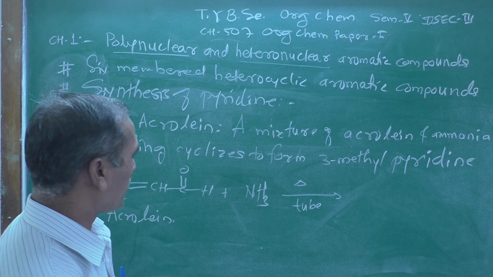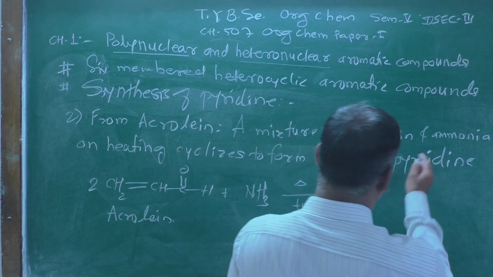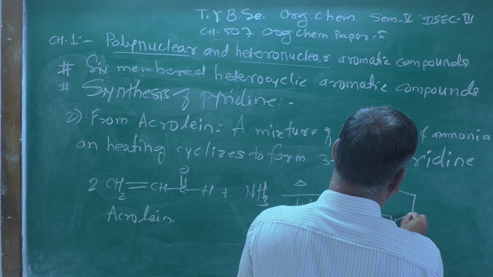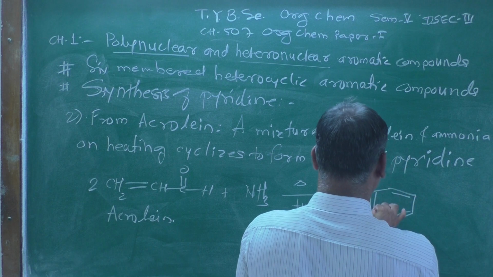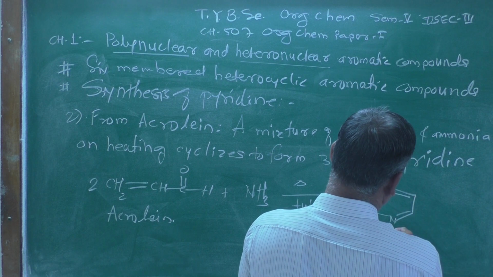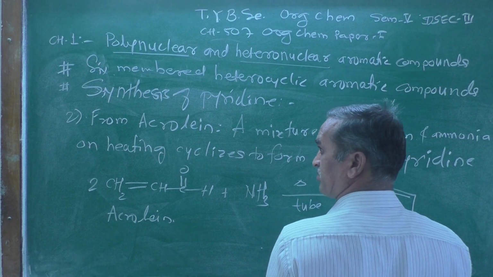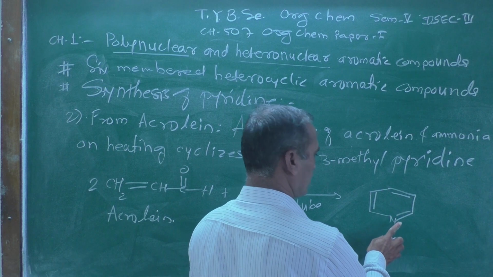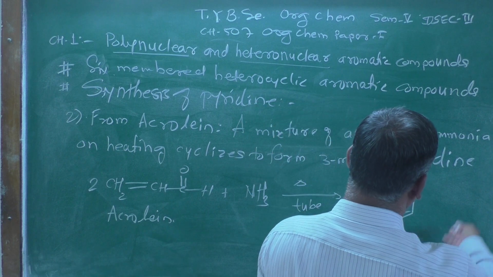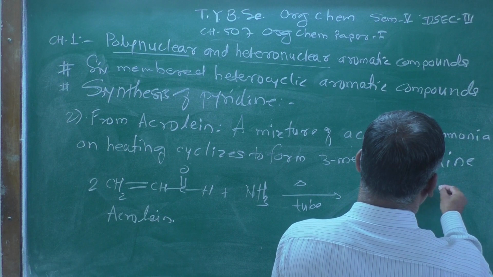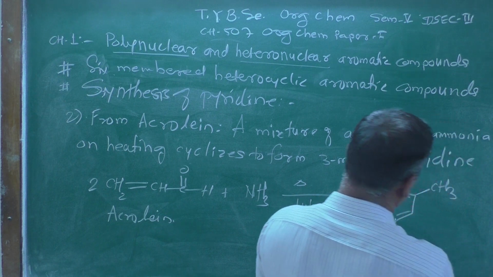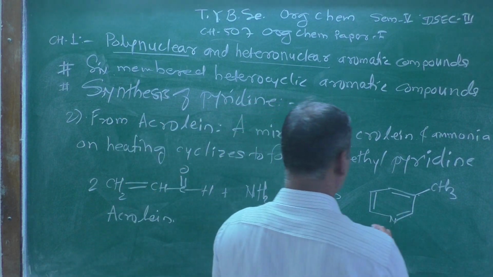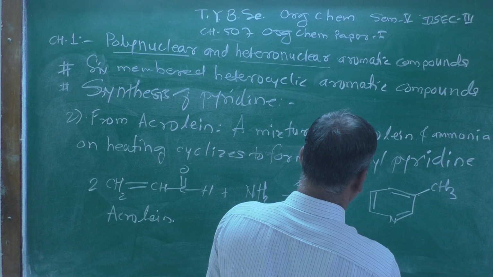The resulting compound obtained will be, the name is already written here. You can say here double bond, here double bond, and here double bond. This is a carbon, this is a heteroatom nitrogen. Numbering starts from either the left hand side or the right hand side, but when it is attached at 3 position, look at 1, 2, 3, at 3 position a methyl group is there, and therefore it is called 3-methyl